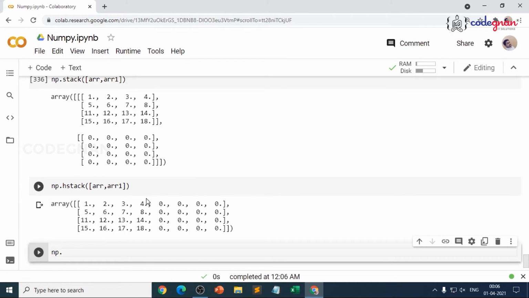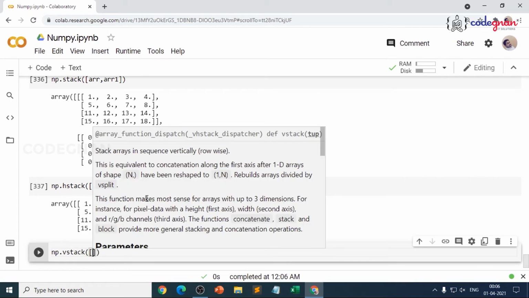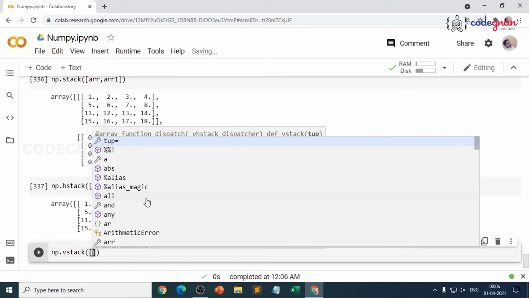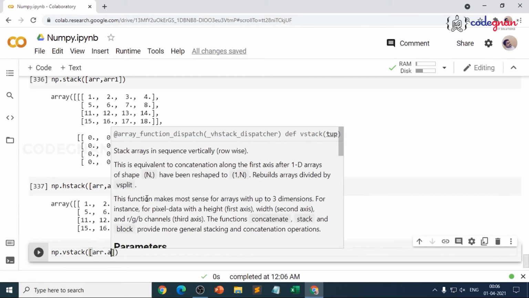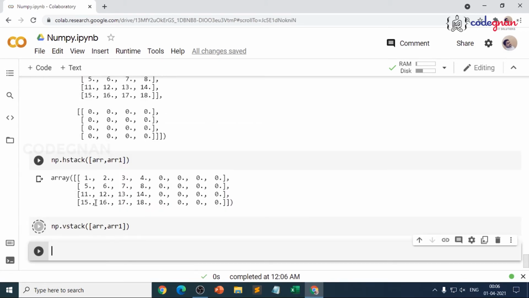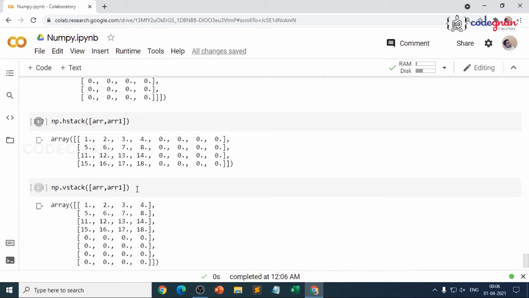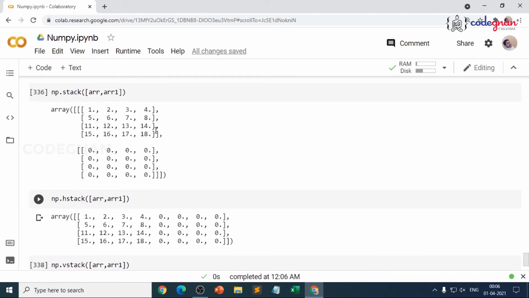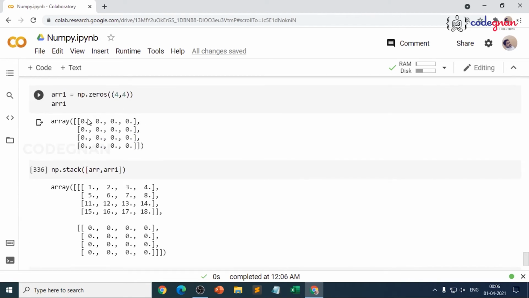And in the same way, when we go for vstack, we make sure we arrange vertically, that is row wise. arr, comma, arr1. We'll understand the differences when we go for concatenation. Stacking is basically joining, and concatenation will differ, because if I change the shape here, it's gone; it clearly throws me an error.